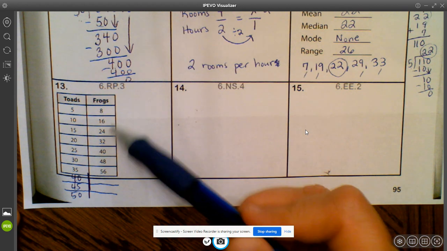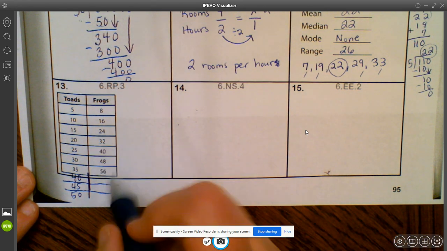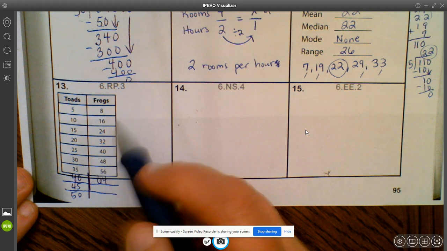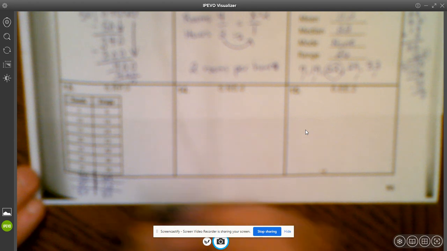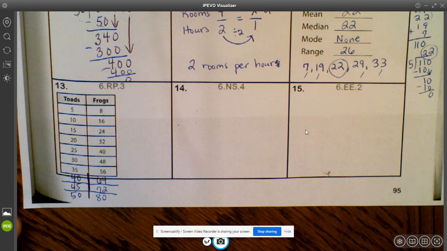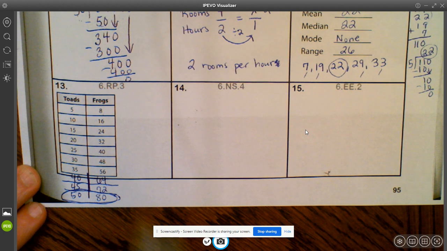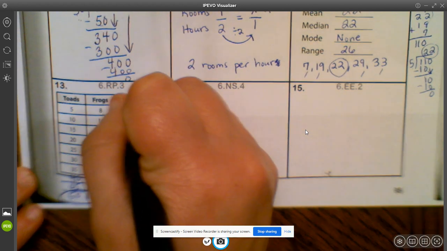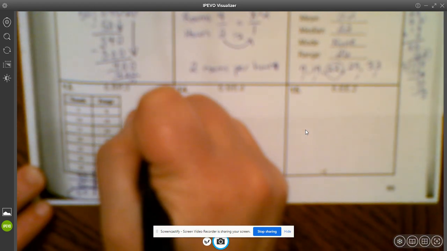Over here, 8 times 2, 8 times 3, 8 times 4, 8 times 5, 8 times 6, 8 times 7. So we'll do 8 times 8, which is 64. 8 times 9, 72, and 8 times 10, which is 80. And we need our total amphibians, frogs and toads together, to be 130. So when you look at this total right here, 50 toads and 80 frogs, that equals 130. So you would have 50 toads, 80 frogs,